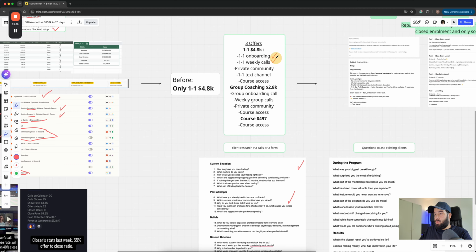That's the flagship offer. They also get weekly group coaching calls. These are the weekly one-on-one calls, but they also get group coaching calls. They get a private community, they get SMS, so like a Discord private channel. They also get course access, of course. And now this offer is pretty much similar. The main thing is it doesn't have the one-on-one aspects. It's just group. So it's group onboarding sessions, it's weekly group coaching calls, and it's a private community and the